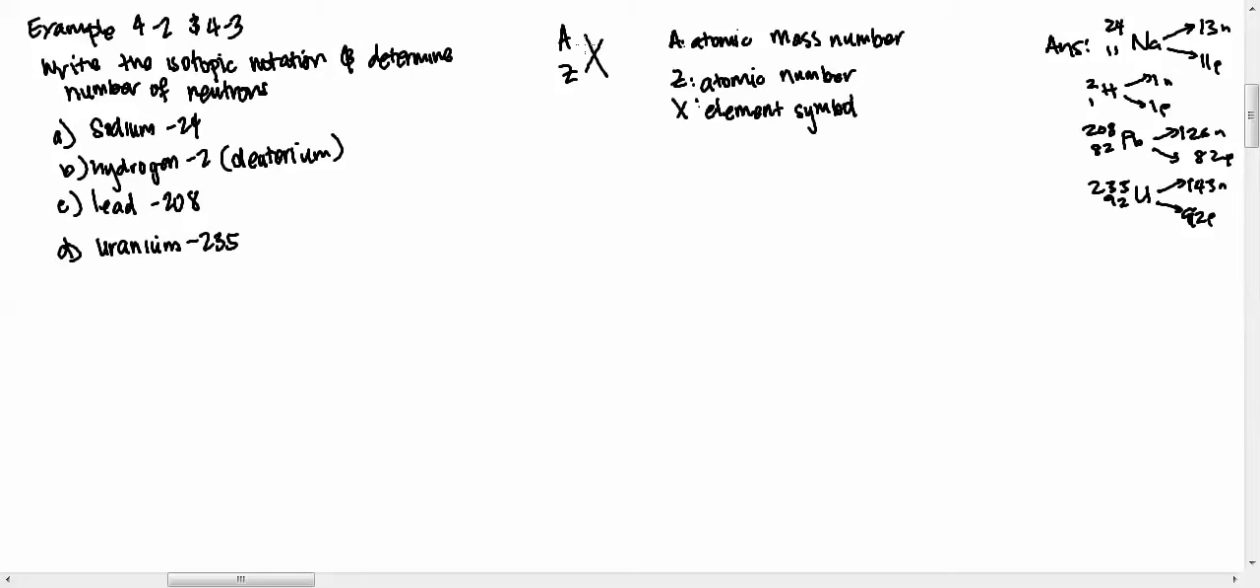All right, so what I want to do is write each of these things in isotope notation and determine the number of neutrons. The first thing I want to do is figure out the format of what I need to write down. I'm going to write it looking like this, where X is the element symbol, A is the atomic mass number, and Z is the atomic number. The atomic number is actually the number of protons,